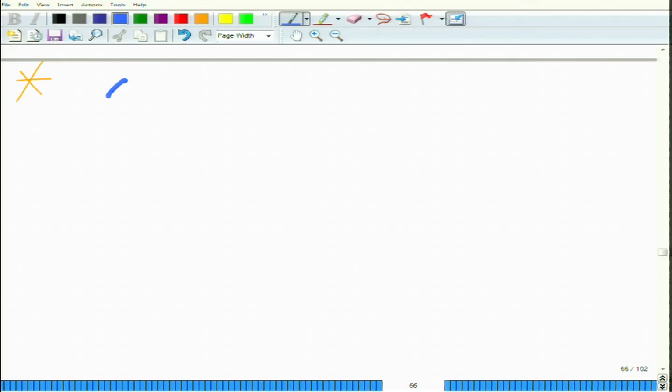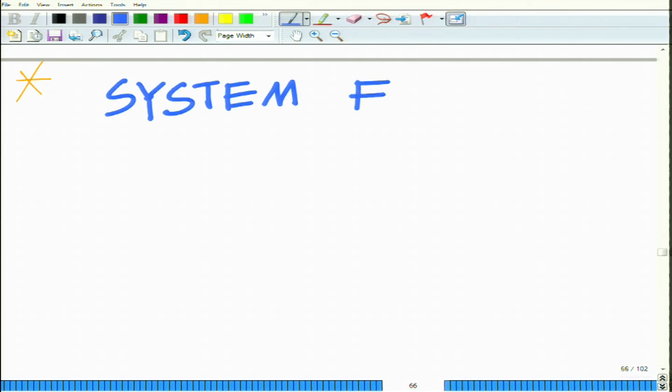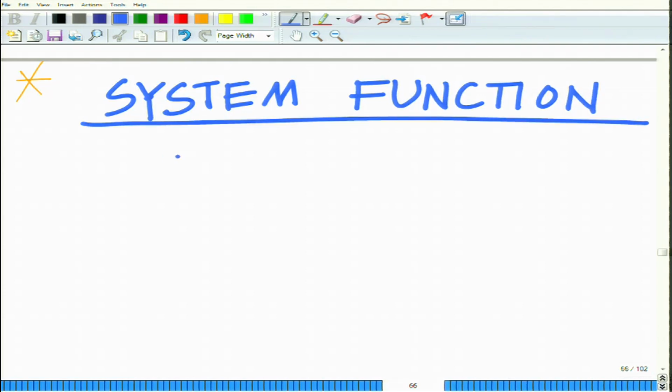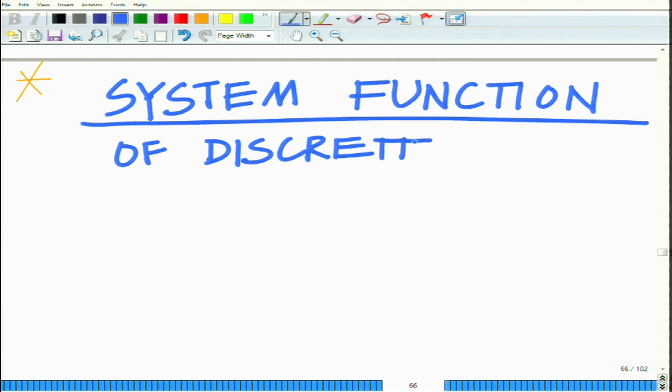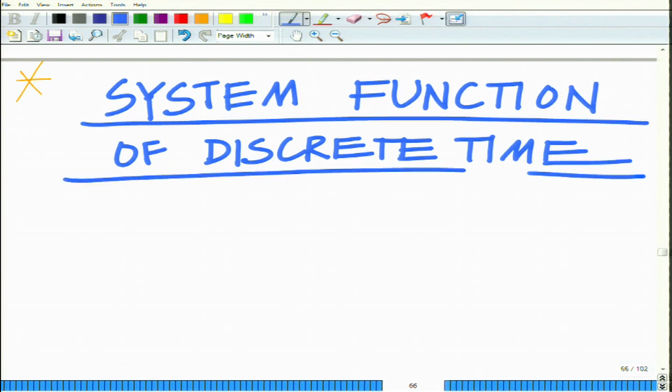We want to continue our discussion on the Z-transform by looking at the system, because remember the Z-transform is used to analyze discrete time signals and systems. So, we want to look at the system transfer function of discrete time LTI